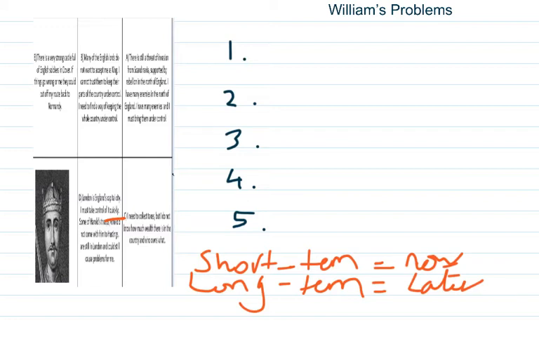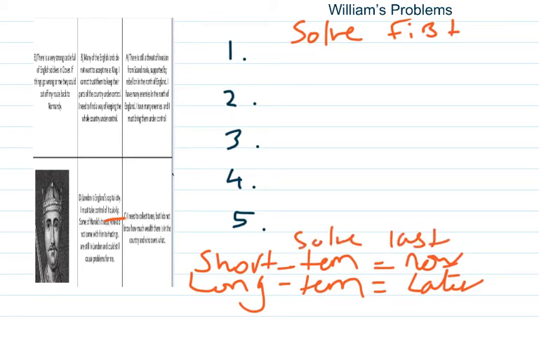So there's 5 reasons there. Now, I want you in your books, you only need to put A, B, C, D, E. Put them in order. And at the top, I want the one you would solve first. There's a typo there, I apologise. Solve first. And at the end, I want the one you'd solve last. And I want you to rank them from 1st, 2nd, 3rd, 4th, 5th.